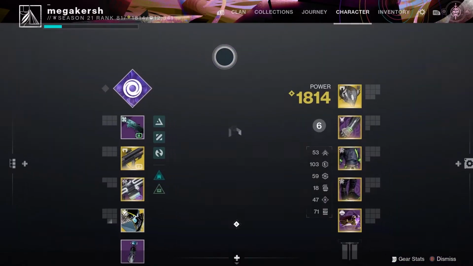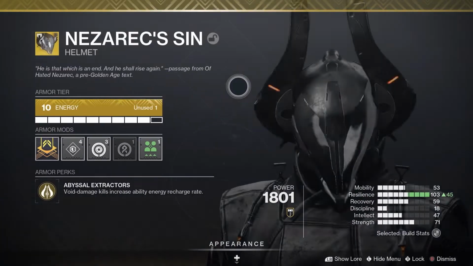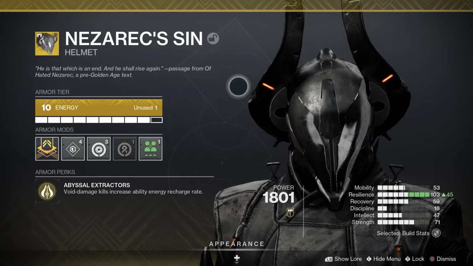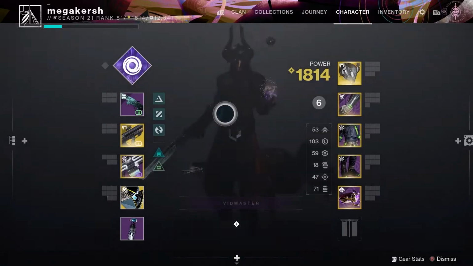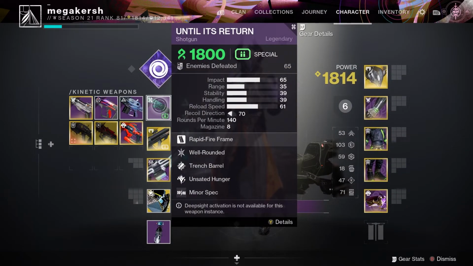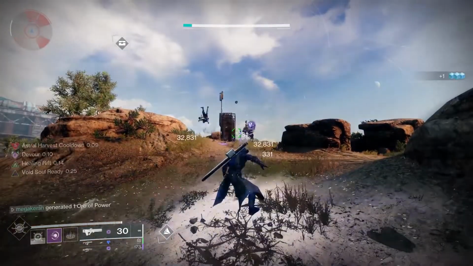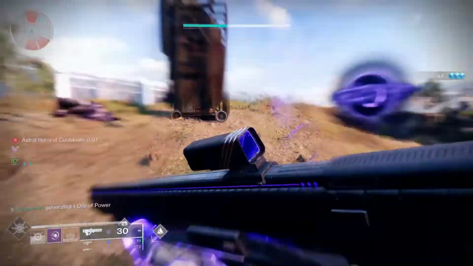Builds can be complicated when bringing in mods and all the variations there, so I would start simple. Use a combination of your subclass, one exotic weapon, and one exotic armor piece. I would create a build around a subclass element like Void, Arc, Solar, Strand, or Stasis, and a couple of